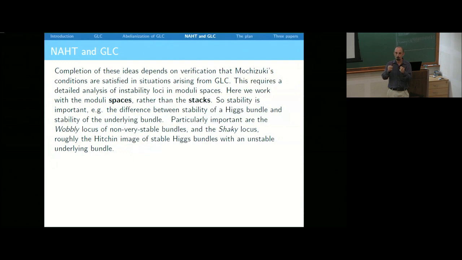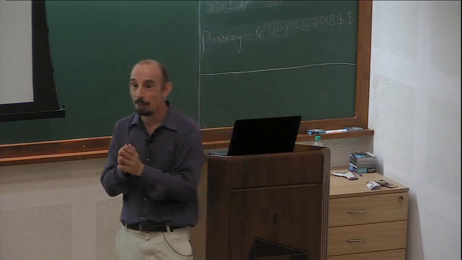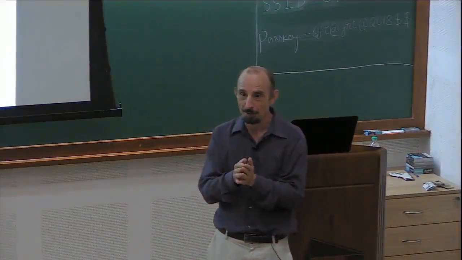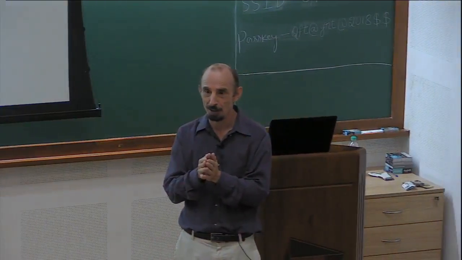One result that Laumon proves is that this is a non-empty open condition. So most bundles are very, very stable. And the other thing that he proves is that very stable implies stable. So the question is, what can you say about bundles that are stable but not very stable? So we call those wobbly. They're stable but not very stable. So those come in as the key objects that we need to focus on,